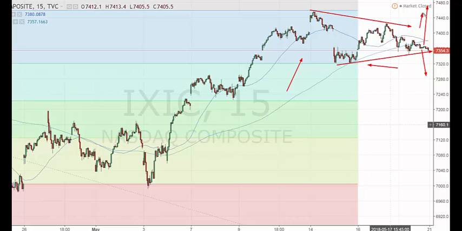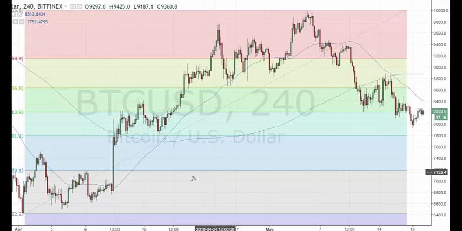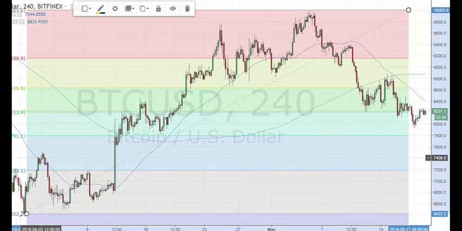Alright, finally look at Bitcoin. Now the first two charts were classic Elliott patterns. This one's a little bit more complicated. We've got two counts here. One is this is a 1, 2, 1, 2, 1, 2, 3, 4, 5. That's a 3, 4, and 5 to there with the orthodox peak here, followed by an A, B, C, B wave,